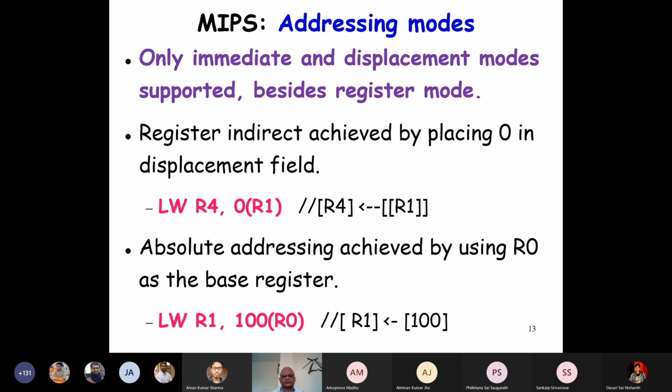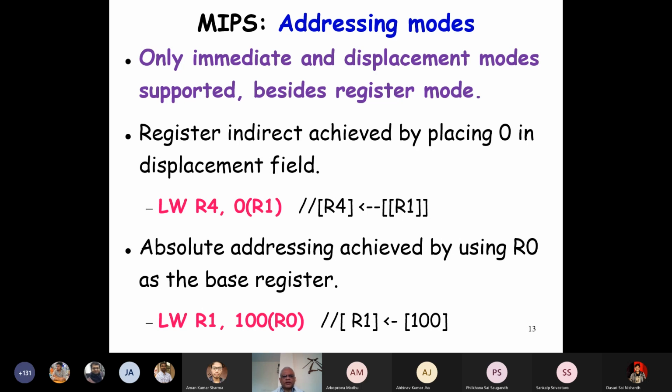What this is saying is that whatever be the content in R1 gives us the memory address, because the offset is 0 here, which is equal to the register indirect mode which we had discussed. The register indirect mode is synthesized from the displacement mode by making the offset 0. We don't have a special register indirect mode here. We just put 0 in the offset, and we have our register indirect mode.